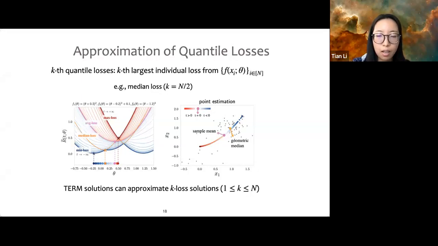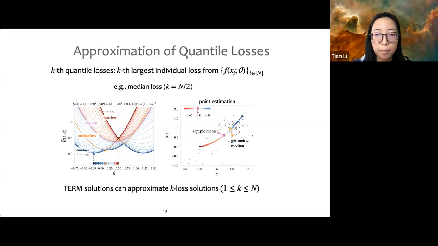So for instance, in this point estimation problem, the geometric median of the sample is shown in the orange points there. It's not in the TERM solution set, but the TERM objective can generate an approximate solution to the geometric median. Those kth quantile losses are usually very hard to optimize. For instance, even the median can be difficult to solve, especially when the dimension is high, but TERM can